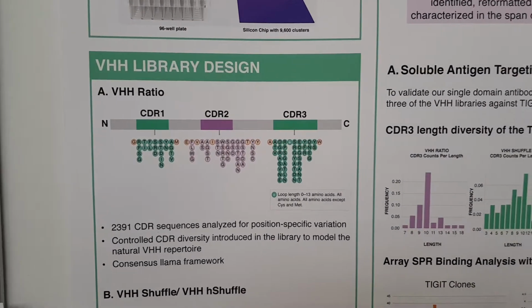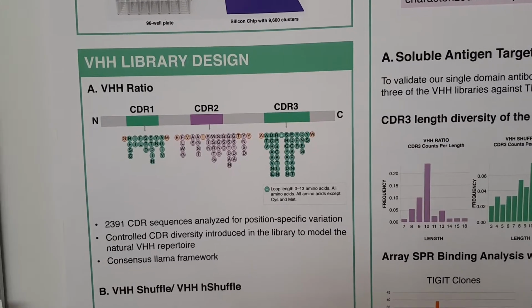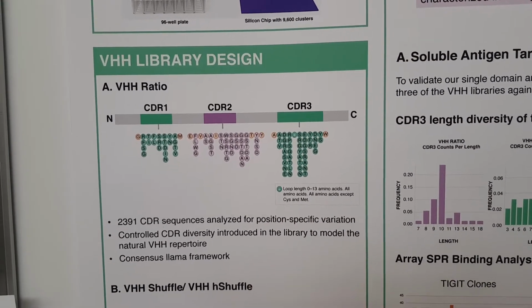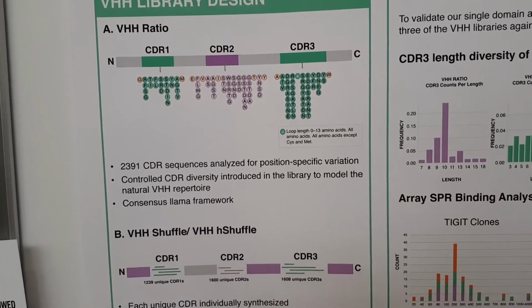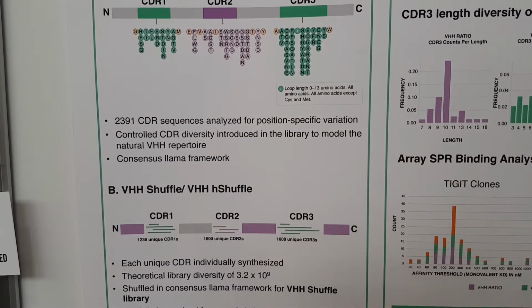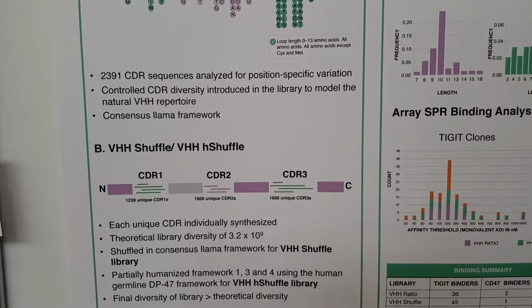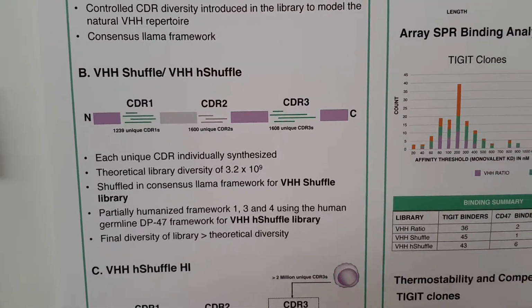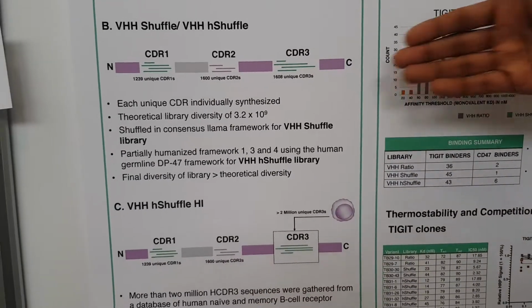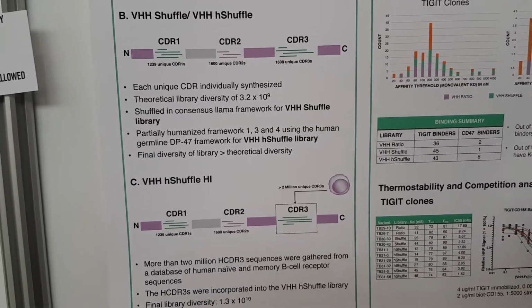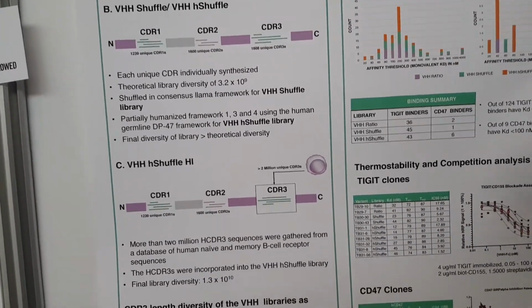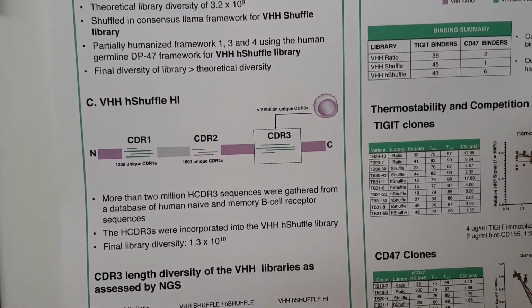After we built this traditional VHH ratio library, we went beyond and looked at other libraries that we could build now that we have this unique capability of printing oligos. The other libraries that we built we call the shuffle libraries. We have two such libraries, the VHH H-shuffle and the VHH shuffle. The only difference between these two is that the H-shuffle is built on a partially humanized framework, whereas the shuffle is built on